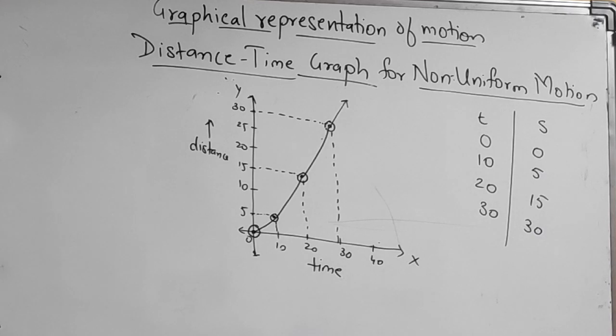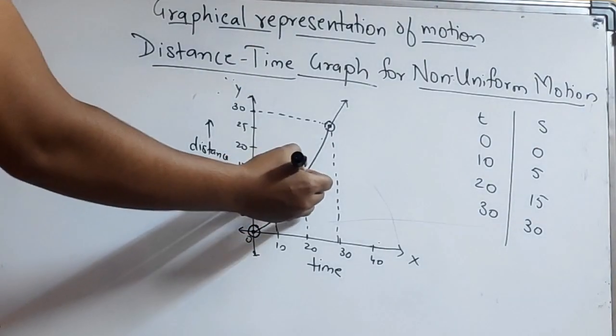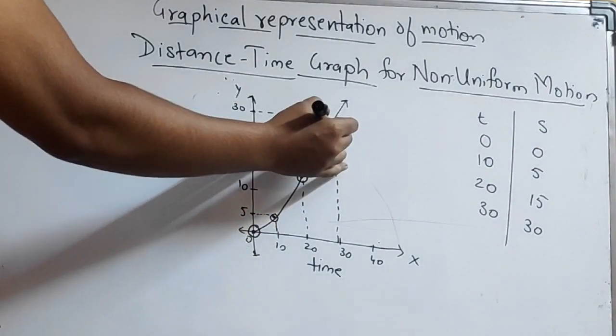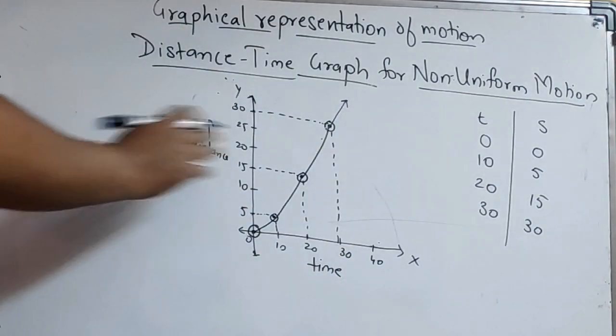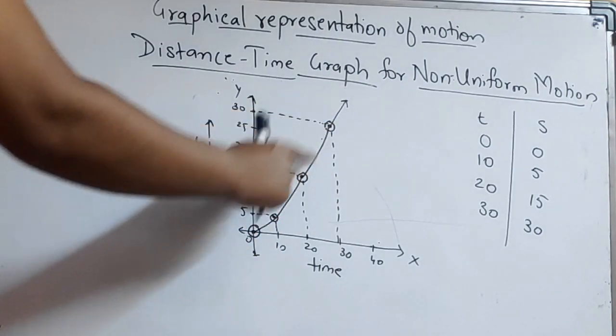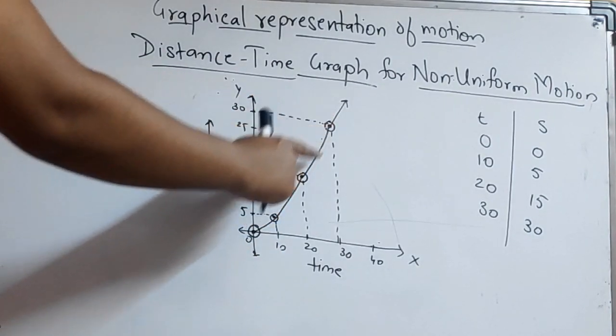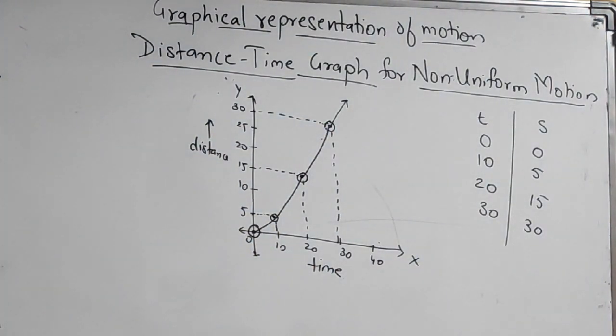Over here also you can find out the speed, but the speed will be varying. Okay, over here also you can find out the speed, like consider this as point A and this as point B, and this as T1 and T2, and using the same concept you can find out the speed of the object between these points. But students, remember over here, since the graph is not a straight line, the speed will not be constant. So the speed will be varying and always be changing. Okay,